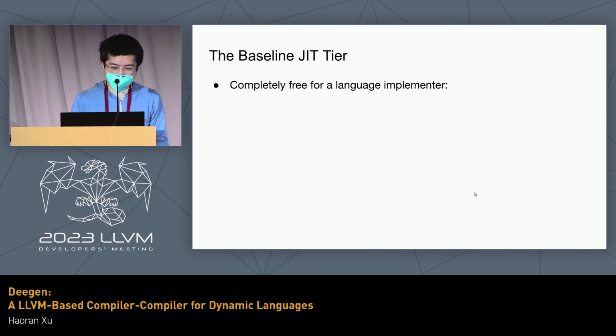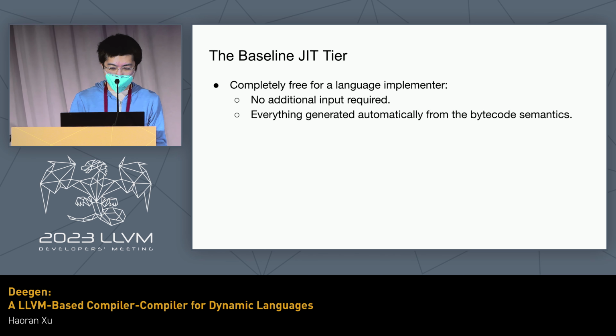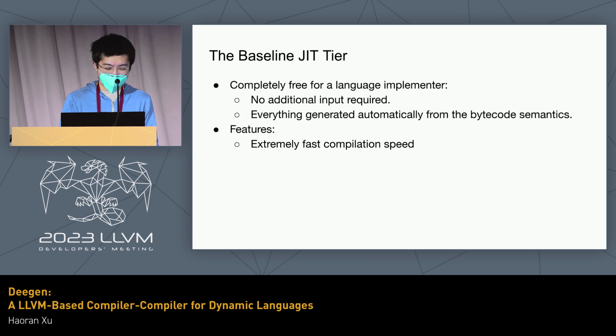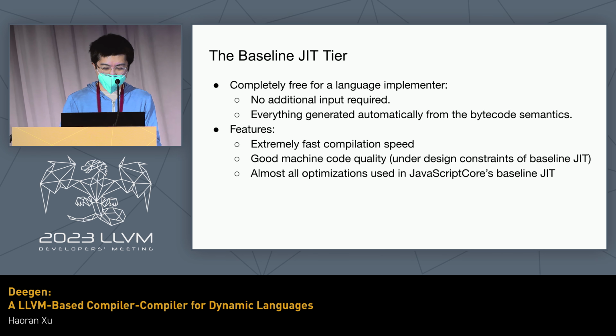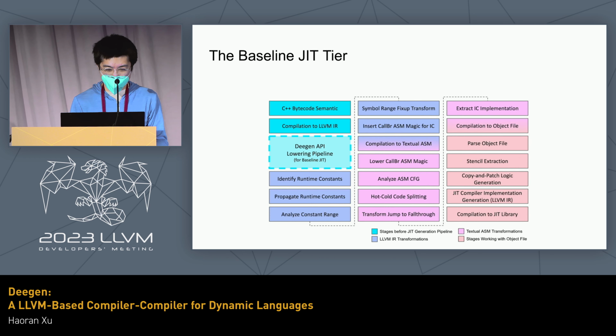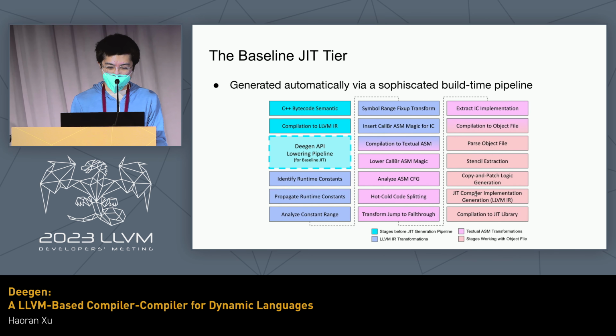Now let's take a look at the JIT tier. As we explained, it's completely free for the language implementer, since everything is automatically generated from the input semantics. And it features extremely fast compilation speed and good execution code quality. And it has almost all the optimizations in JavaScriptCore's baseline JIT. So the JIT is automatically generated by a complicated, sophisticated